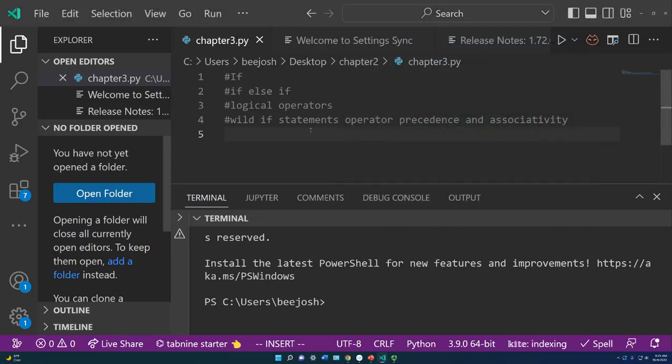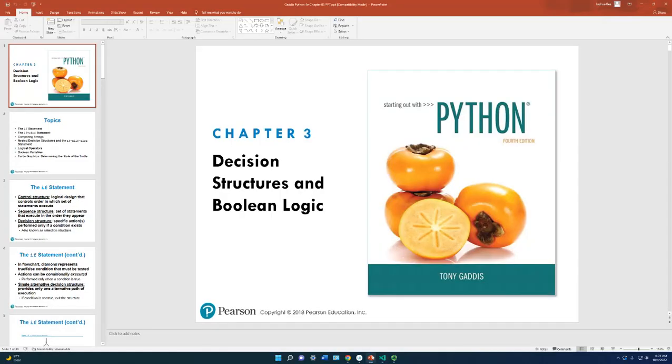Okay, let's go ahead and begin with chapter 3 and if statements. This is where you really start doing real programming, and, well, scripting. This is where you start making decisions and working with your first control structure. Now, there's basically two types of control structures: if statements,